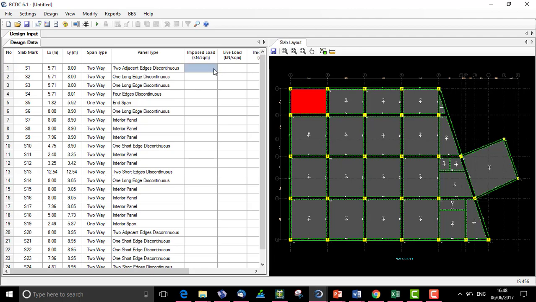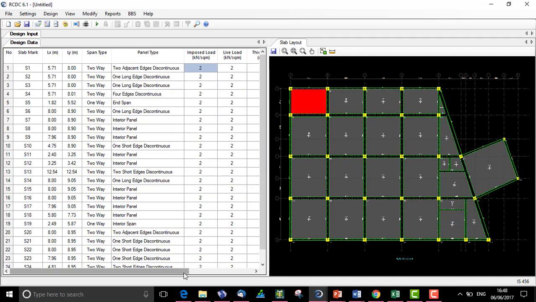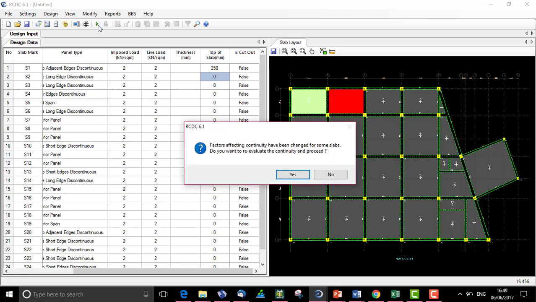Next, we can move on to another feature wherein we can see how the top of a slab can be changed, whether it can be raised or a sunk can be provided. Let us, as usual, provide the imposed load and the live load. I'll just paste it. So here it is asking us to provide the top of slab. If we are raising it, we have to input the value in positive numerical values, and if we want to sunk it, we have to input the value in a negative value. Let us raise the slab by 250 say, and we will design it.